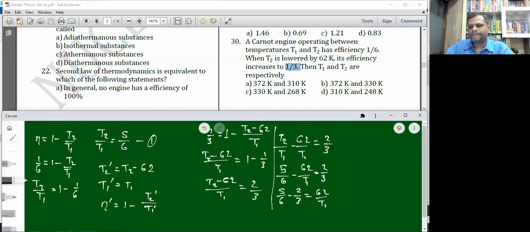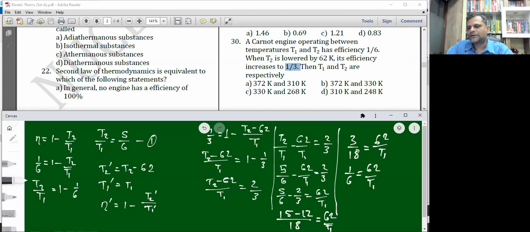Yes. So what is this cross multiplication here? So 3 5s are 15. 15 minus 6 2s are 12. So here it is going to be 15 minus 12 upon 18. एक्चुअली इसको ही हमको 2 से मल्टीप्लाई डिवाइड करना चाहिए था, तो 4/6, तो 5/6 माइनस 4/6 बिकम्स 1/6। वैसे भी यहाँ पे 3/18 आएगा, मतलब वो 1/6 ही बन रहा है एक तरह से। तो दिस इज गोइंग टू बी 62/T1। दैट मीन्स 3/18 is going to be 62/T1, means 1/6 is going to be 62/T1, means T1 must